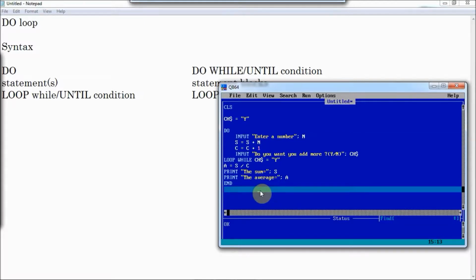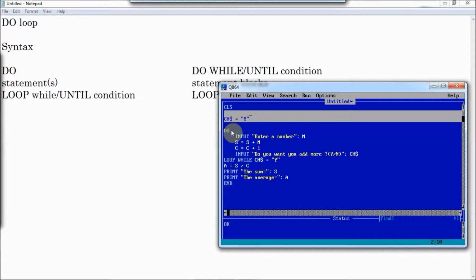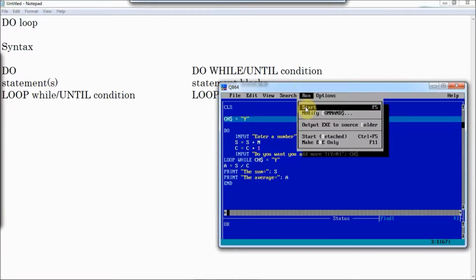Now in this program you may not give this statement. This is not necessary to be given, because as I've told you earlier, post test loop, it will run at least once. So whether you give this statement or not, this loop will run once, then the user will give an answer. If the user says yes, y, then it runs again. In a previous, let's say, program, this was necessary. Without this, the condition will be false and the loop never runs. So it doesn't make much difference, so I'm not removing it.